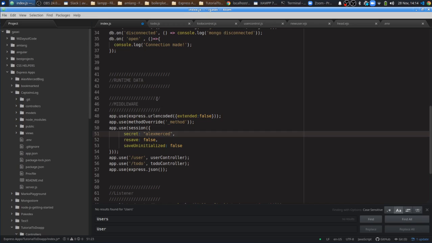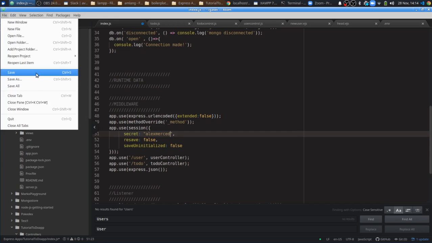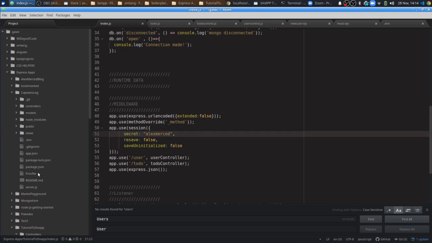That way other people can't figure out the secret, because if they know your secret, then they can basically hack into people's cookies. If you're storing very private information, then that's an issue. We're not going to be storing anything particularly private here, so nothing to worry about. Okay, so we want to save that variable there. The only reason is because if we go to our user controllers,